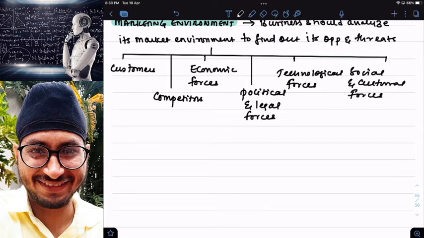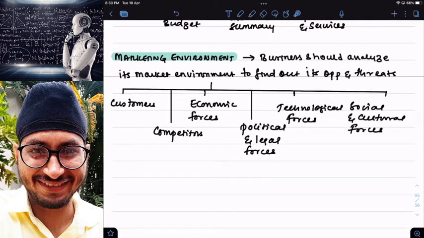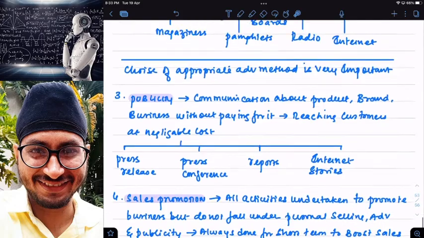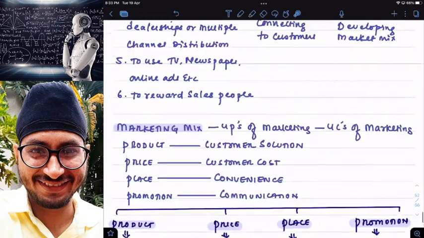In simple words, majority of the points of PESTLE analysis we will analyze with respect to marketing environment. Now tell, is PESTLE analysis analyzing the internal environment or external environment? Obviously, it is external. Clear? So here we have completed